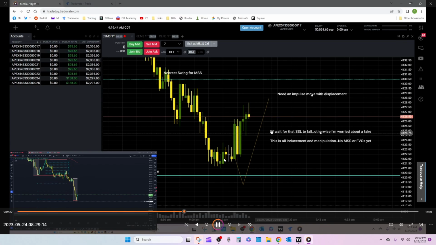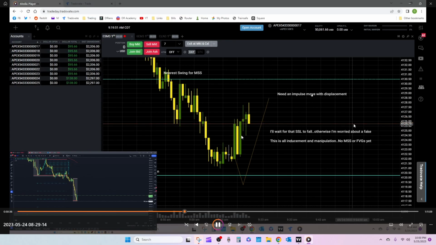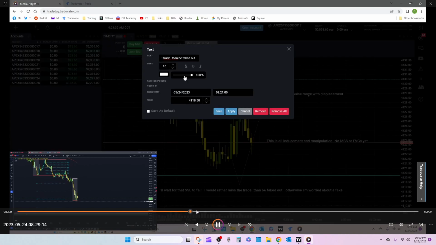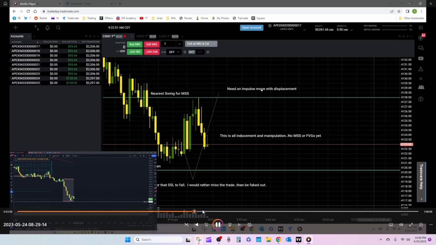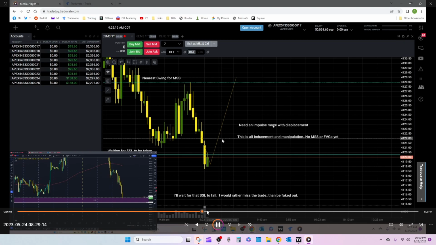There was no inclination of the market to show its hand, so there's no reason to get in yet. And as you'll see, it comes all the way back down, and it's going to make a new low. Here it comes back down again, makes a new low,